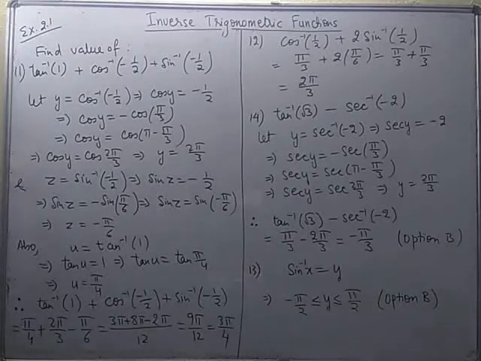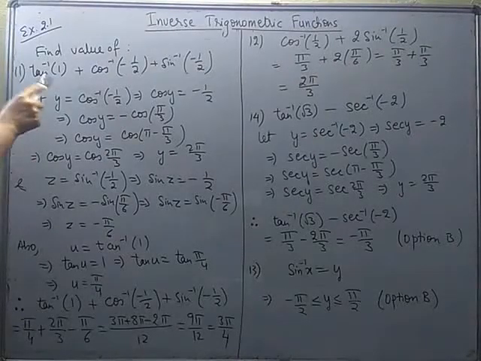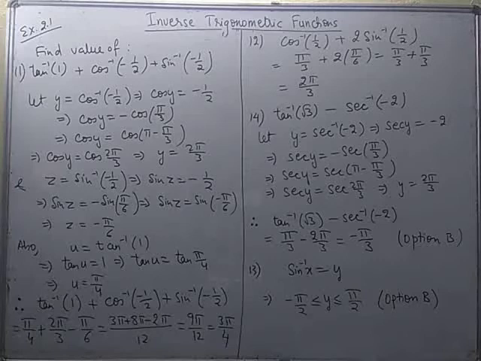See, once you are used to these questions, you will be able to write their principal values directly. Like tan inverse 1, you can quickly think of the angle at which tan will be 1. It will be at pi by 4, and pi by 4 belongs to its principal value branch, that is the open interval minus pi by 2 to pi by 2. So tan inverse 1 can be directly replaced by pi by 4.